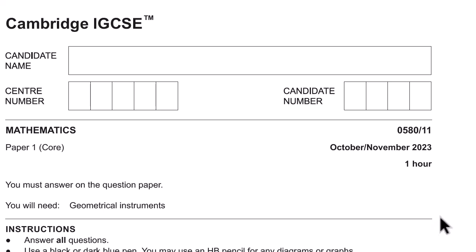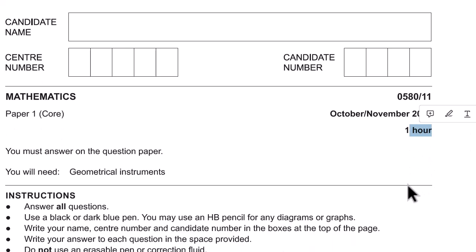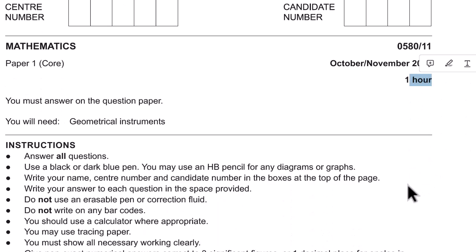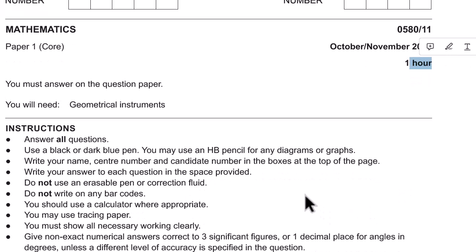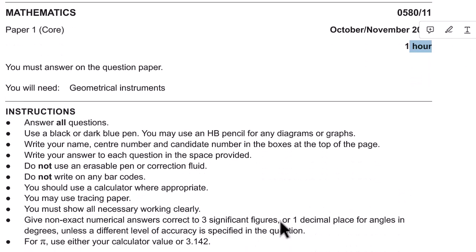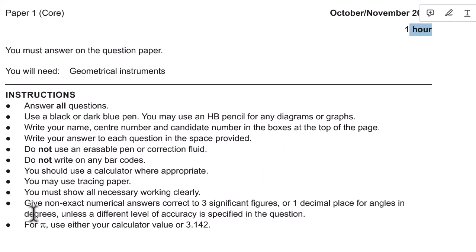This is the Mathematics Paper 1 Core IGCSE 0580/11 October November 2023. The paper is an hour. So I'm going to go through a few of the instructions we need to take notes, which most importantly are